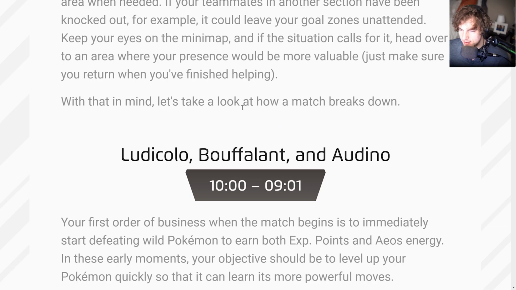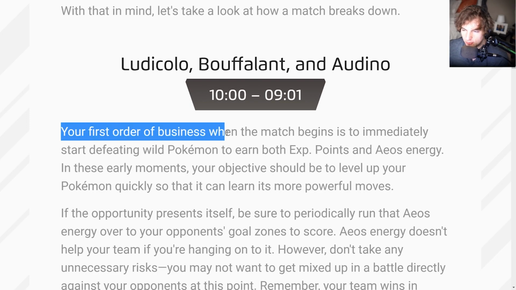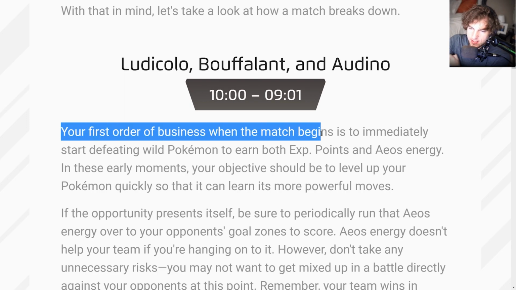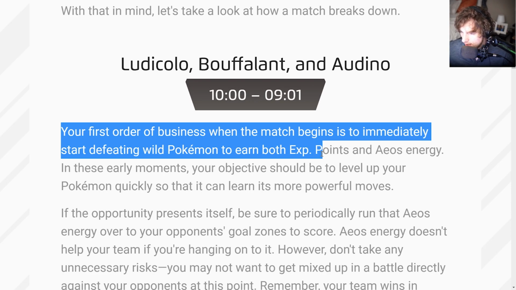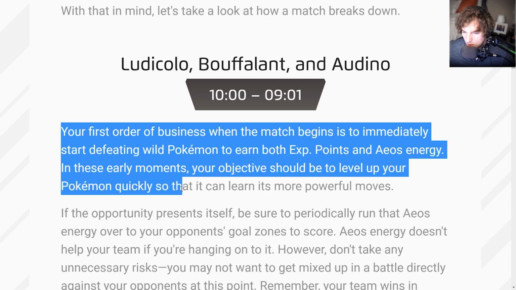So with that in mind, let's take a look at how a match breaks down. And this is where I really love this guide because there's a lot of numbers. So Ludicolo, Bouffalant, and Audino. Your first order of business when the match begins is to immediately start defeating wild Pokemon and earn EXP points and energy. In these early moments, your objective should be to level up your Pokemon quickly so that it can